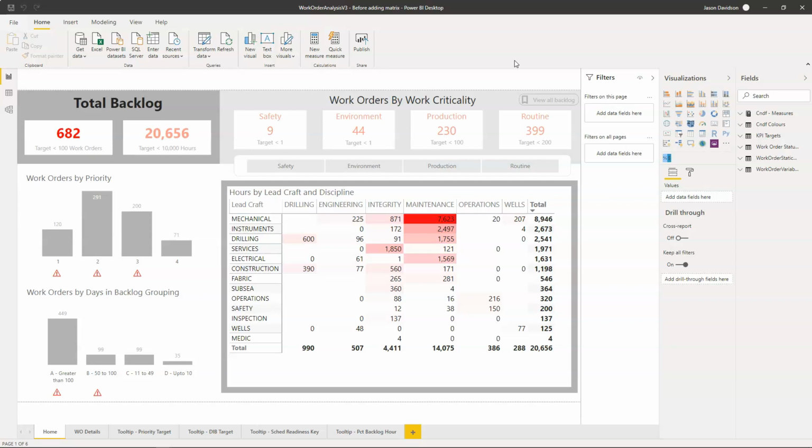So we're going to build on this because we've already got the data model in place, and we've already got the foundations of the work order information that we need. The first thing we're going to do is add in some measures and some calculated columns. So if we go to the data model here,